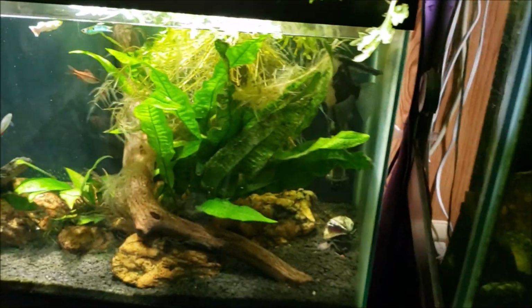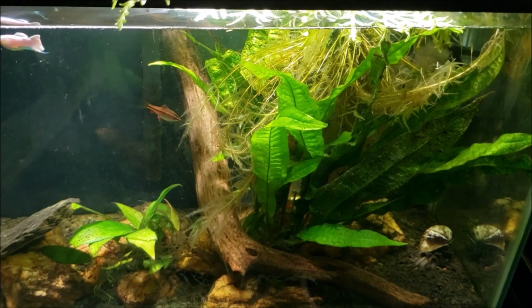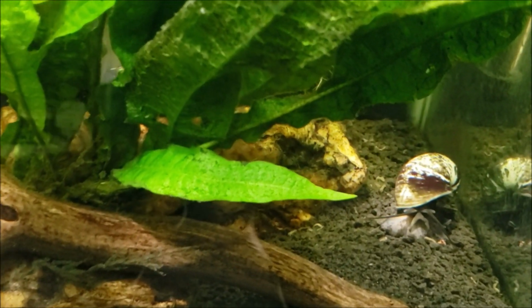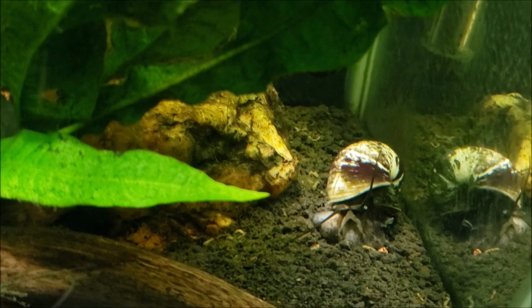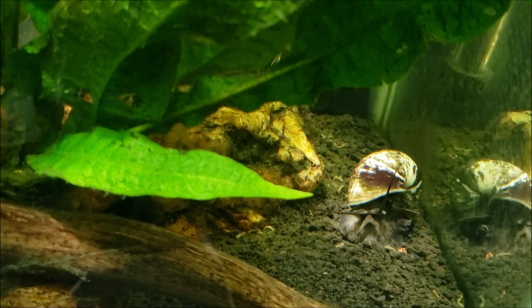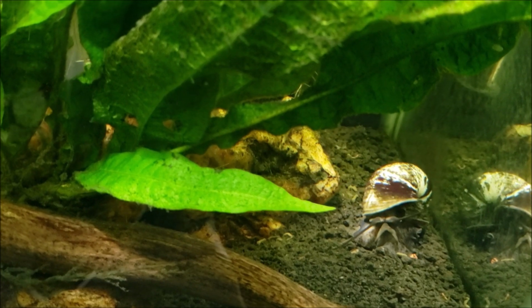Moving on to my 20-gallon angelfish tank. Not too much to talk about in this tank. I will say, though, that the animal I spend more time watching in this tank than any other animal is that snail right there. That mystery snail absolutely fascinates me. It is so active. It's always crawling around the tank somewhere, and I spend a lot of time in the other room, and when I look through the doorway from where I sit,